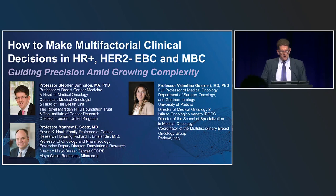So this is a symposium on how to make multifactorial decisions in hormone-positive, HER2-negative early and metastatic breast cancer. And I'm joined here, my name is Stephen Johnson, medical oncologist from the Royal Marsden in London. And I'm joined by my colleagues Matt Gertz from the Mayo Clinic in Rochester and Valentina Guarneri from Padua in